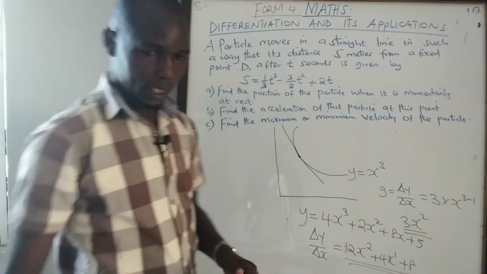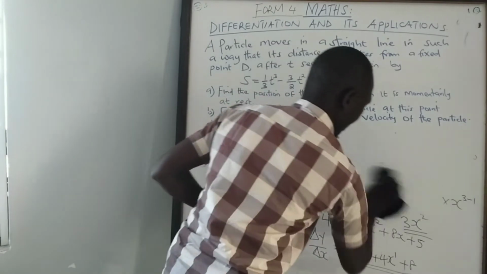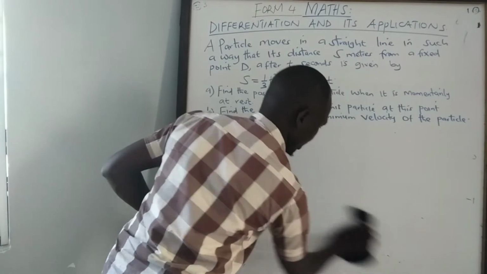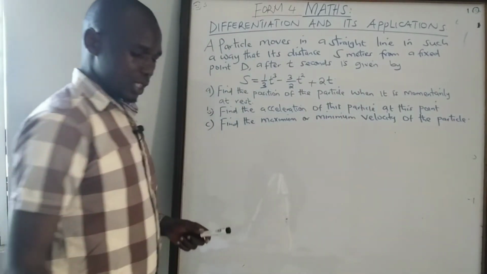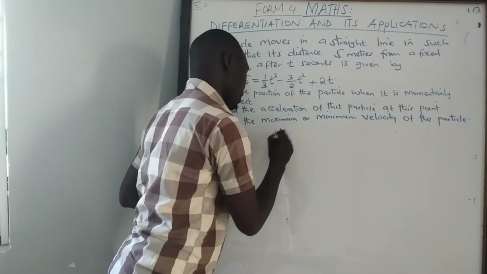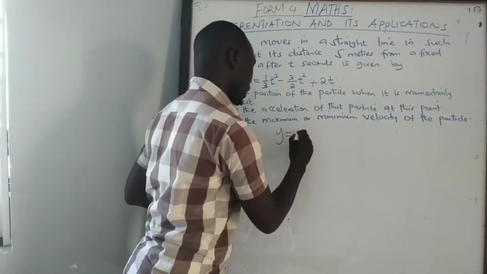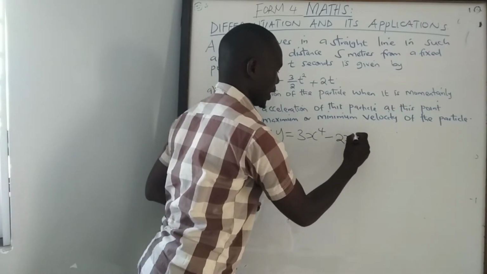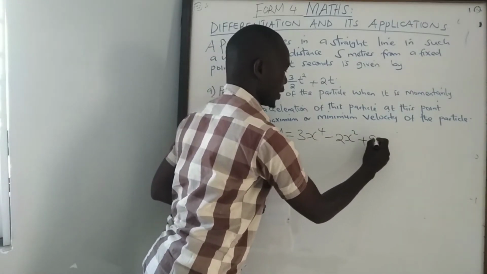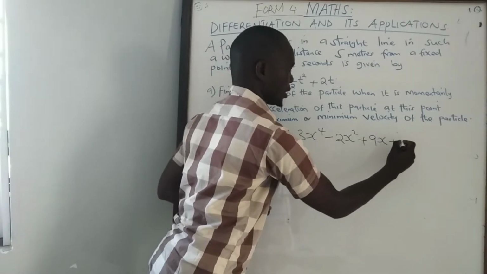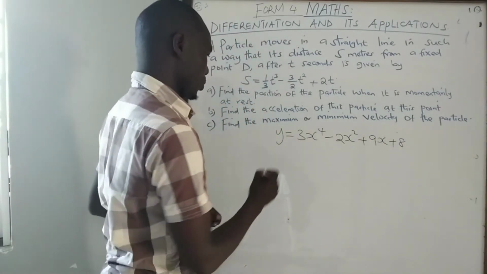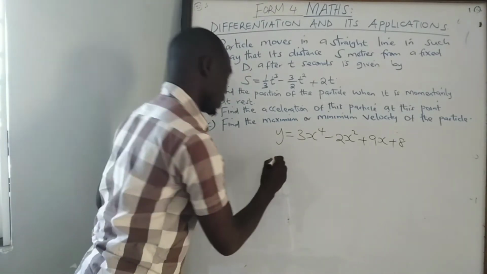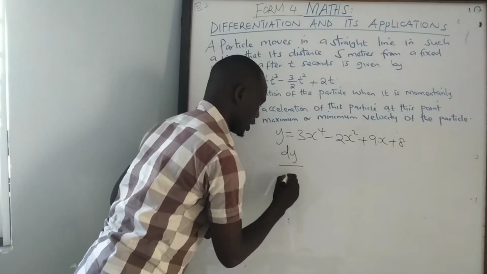If I can take the last example here so that we can all know how differentiation is done. What if I take the third example where y is equal to, let me say, 3x^4 minus 2x^2 plus, for example, 9x plus, let me say, 8. We know to get the gradient function of this curve by differentiation, the gradient of anything is change in y